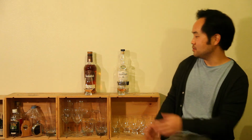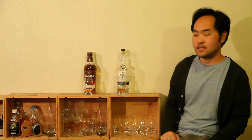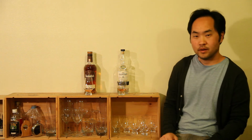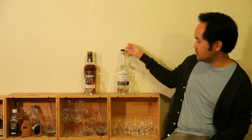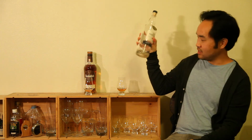My name is Josh Cho, I'm your host, and today is a very exciting review because I get to judge these two wonderful whiskeys, Glenfiddich 18 and Glenlivet 18. I already have my whiskeys poured out. As you can see, my Glenlivet 18 is already empty. It's the last dram, so